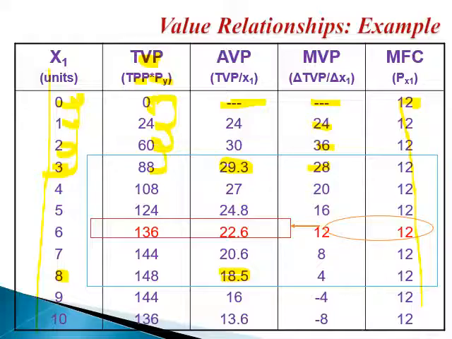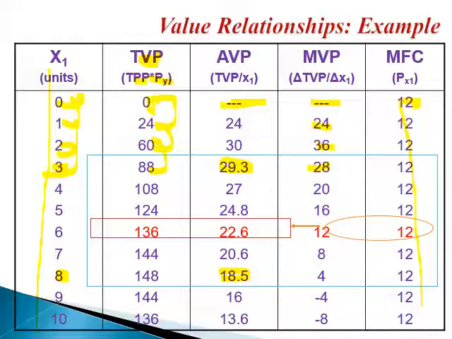Here what they will tell you later on is that if you want to use the level of X1 that will maximize your net returns, or net revenue, or net receipts, they will tell you to use the level of the variable input at which MVP of the variable input is equal to MFC of the variable input. So in that case, if I want to maximize my net revenues, I should use 6 units only of the variable input. If I do that, then I will maximize my net revenues. This is the result of the match. I know I spoiled it for you, but this is the result of the match.